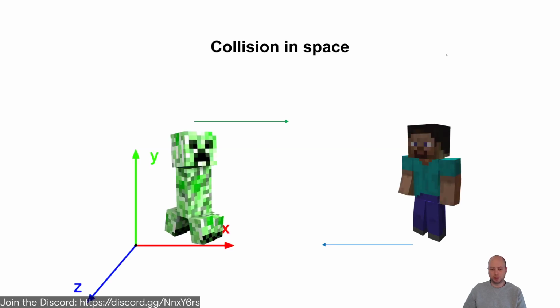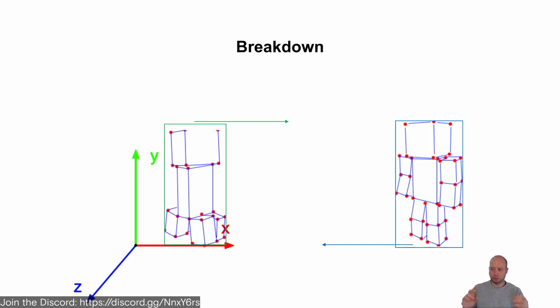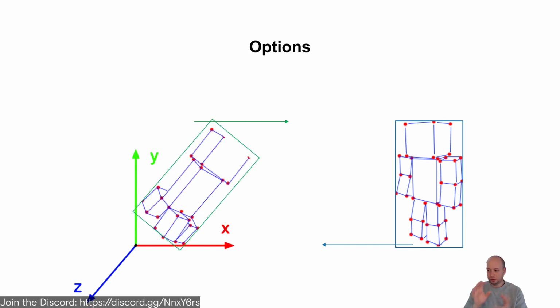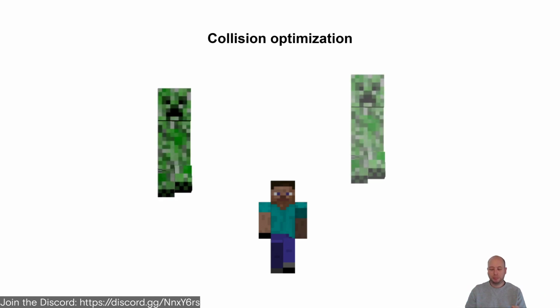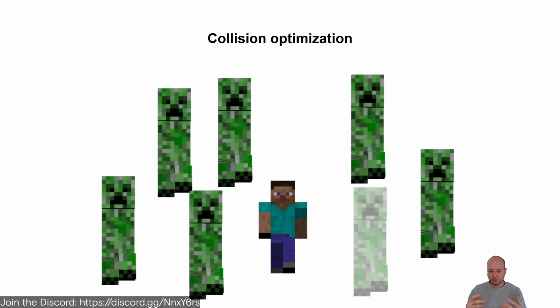So as we recall, two objects colliding in space, we can break them down into their point clouds, so to speak, and then create a boundary around those point clouds. And that way we can rotate those boundaries and detect collisions against those collections of point clouds, oriented in space, as we talked about before. Now, checking a collision between one object and another object is pretty straightforward. I don't think you can optimize that necessarily, but as we add more and more objects, now you have to